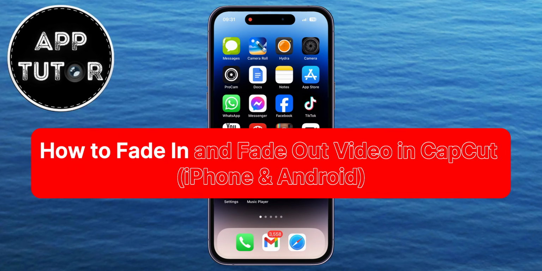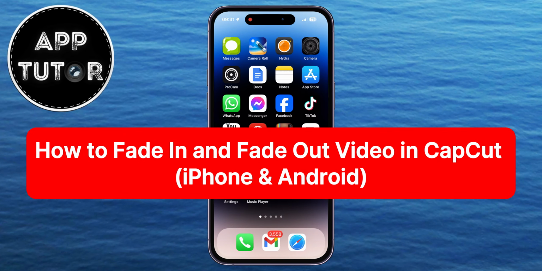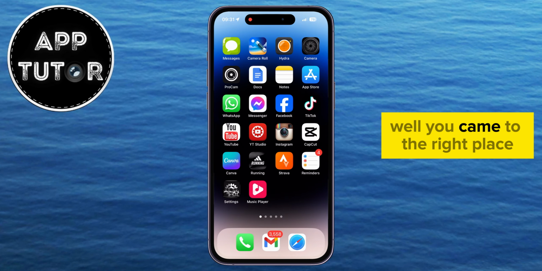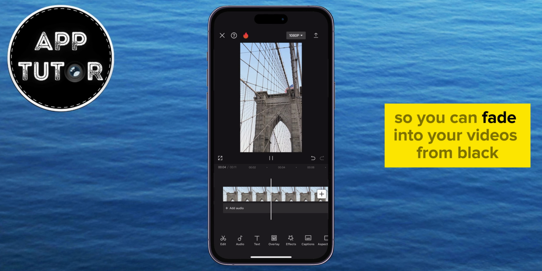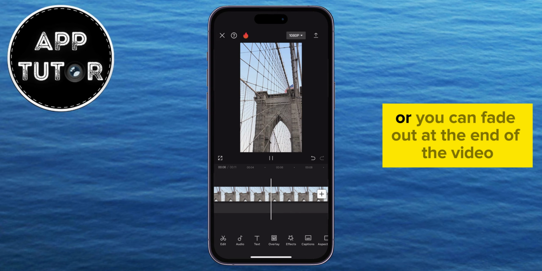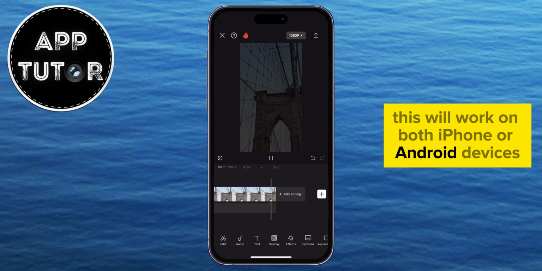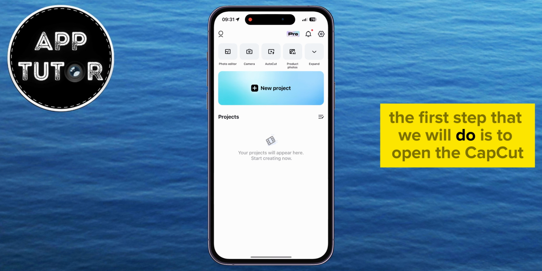Do you need to add a fade-in or a fade-out effect to your videos and projects in CapCut? Well, you came to the right place. I'm going to show you how to add those effects so you can fade into your videos from black, or you can fade out at the end of the video. This will work on both iPhone or Android devices,